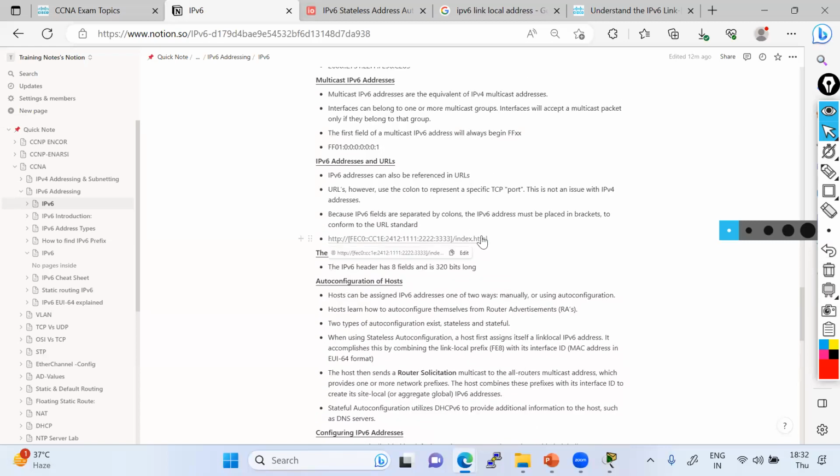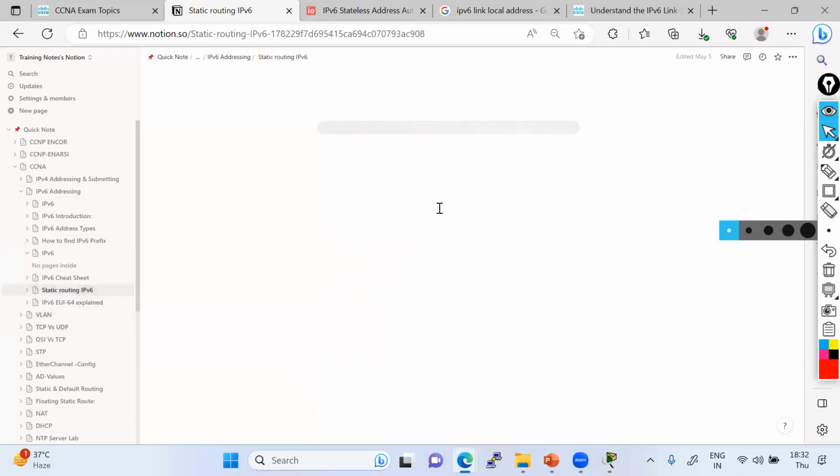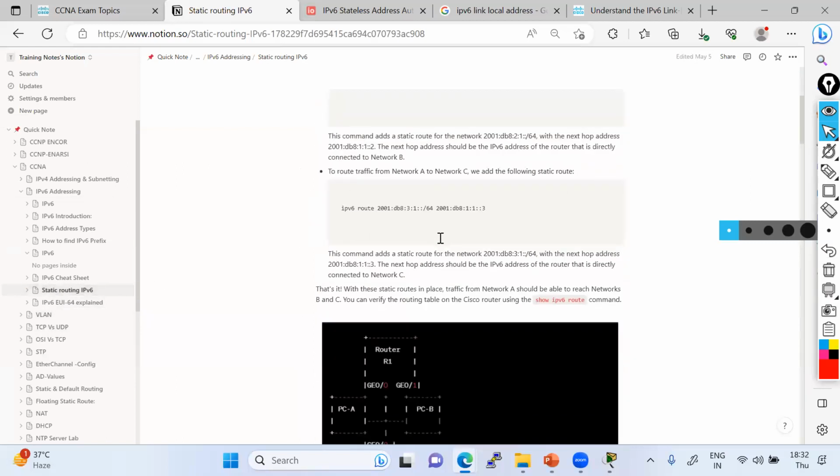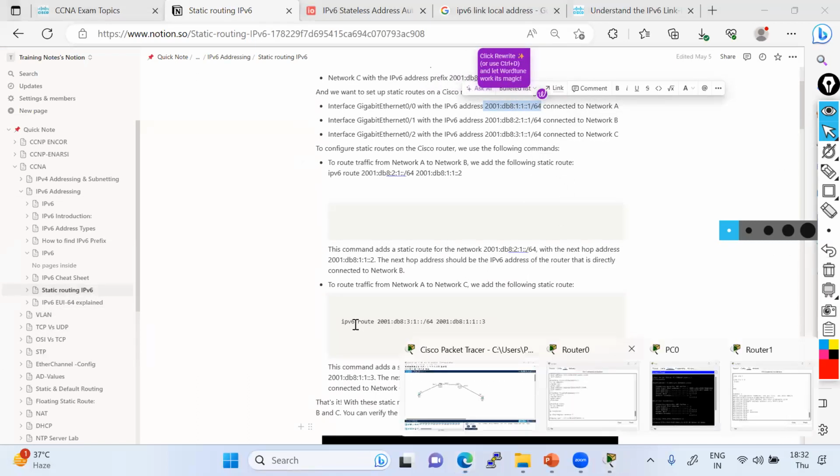So we having this is the link local address. So let me just use this address. Okay. Let me use this address for one device configuration.